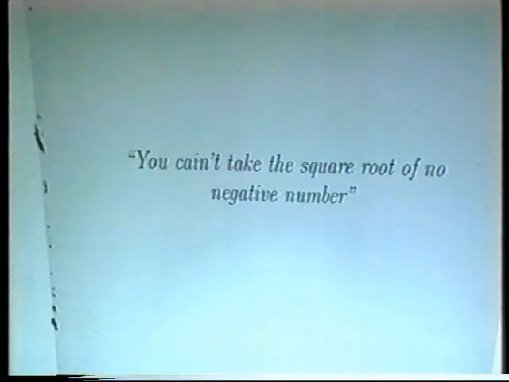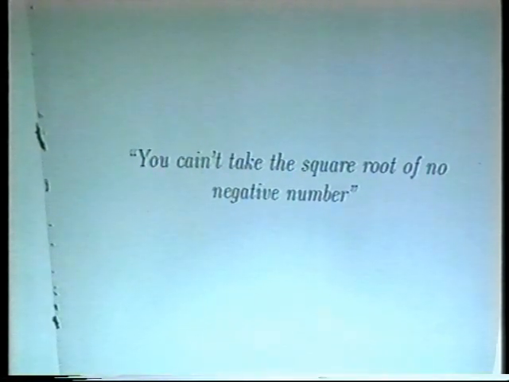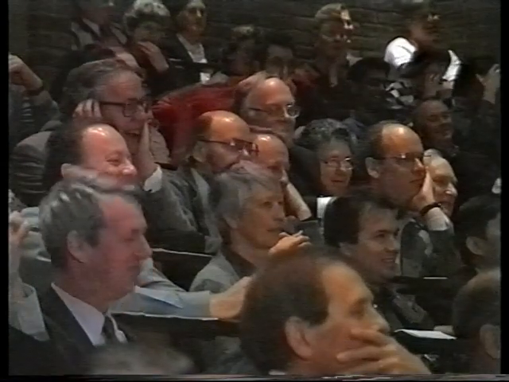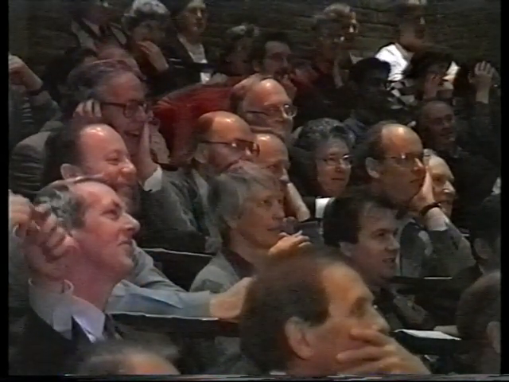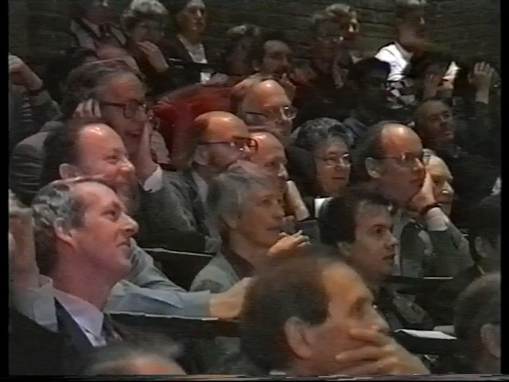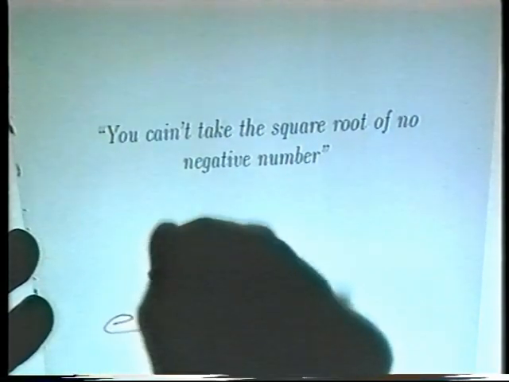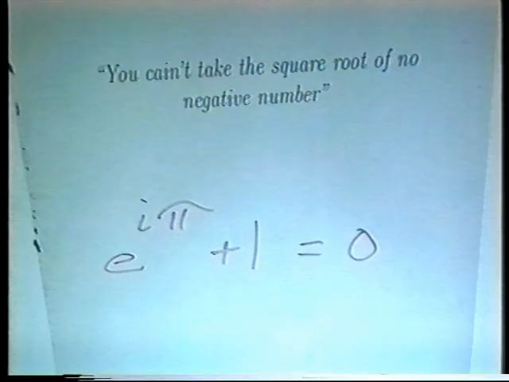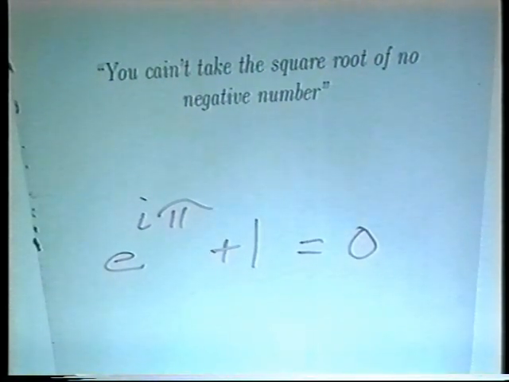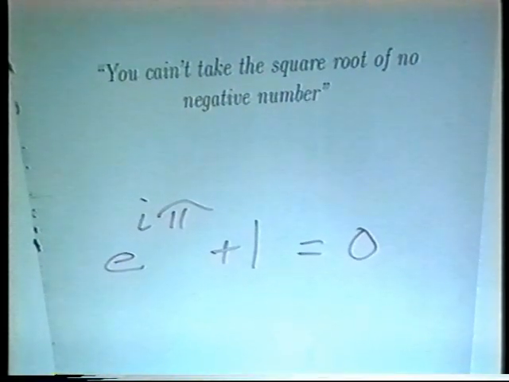Now, I have to tell you, I went to school in North Carolina, and they taught us this. This is the main mathematical truth that I carried away from North Carolina. You can't take the square root of a negative number. Now, of course, on the other hand, there's this remarkable Euler relationship, e to the i pi plus 1 equals 0. One of the most extraordinarily simple expressions. It sort of unifies many branches of mathematics.